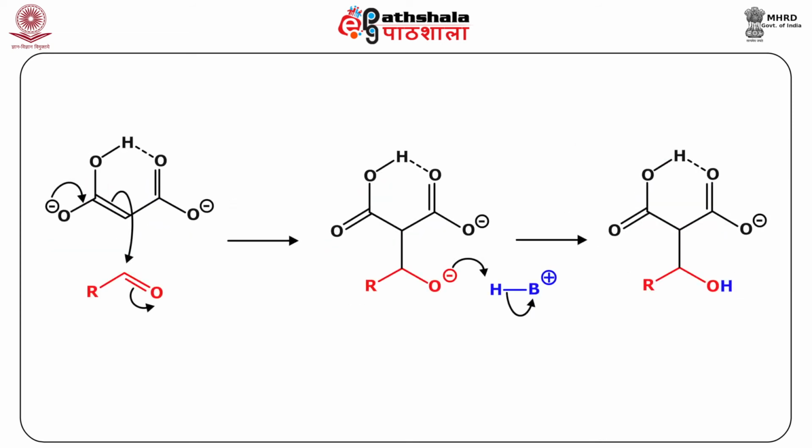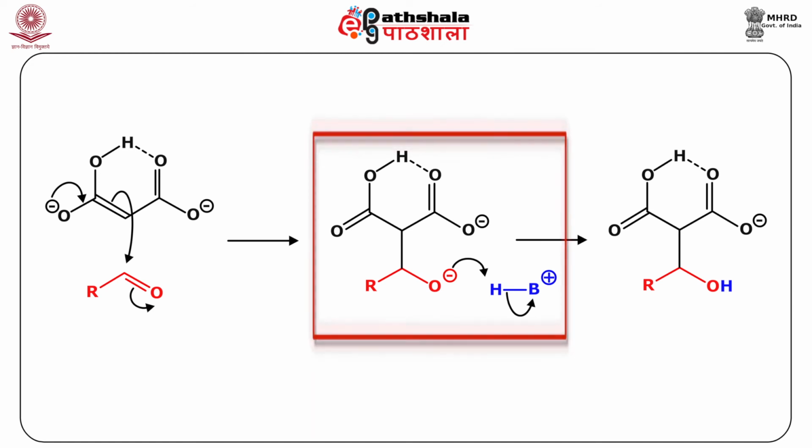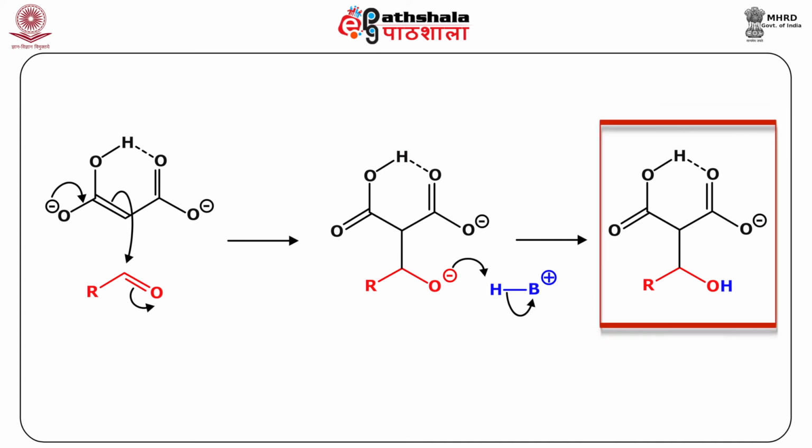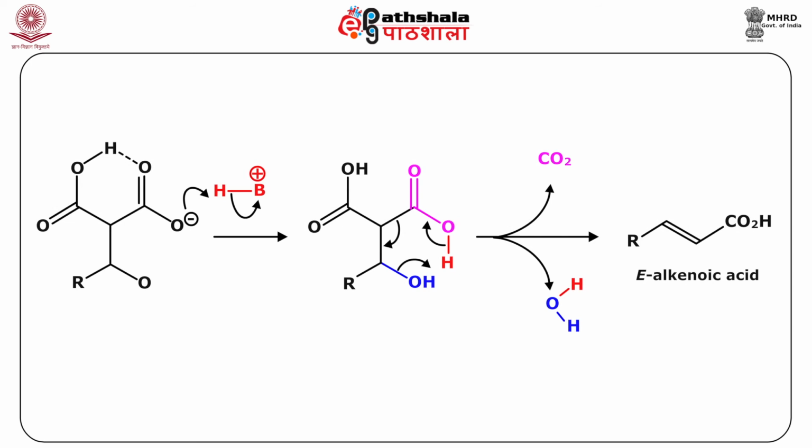This dianion further attacks as a nucleophile to the electrophilic carbon of the aldehyde, and then after the proton abstraction from the medium, the so formed aldol as you can see here is formed, and this is monocarboxylate in this basic solution. From this resulting aldol, the next step to take place is the decarboxylation and dehydration.